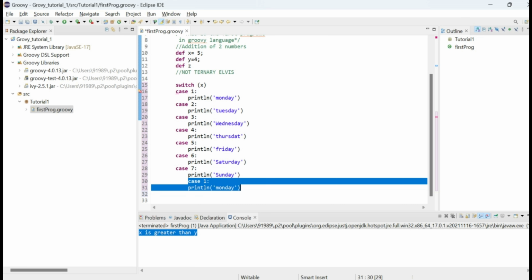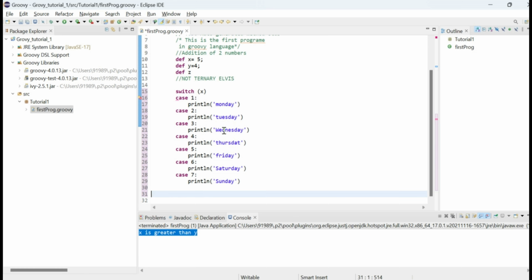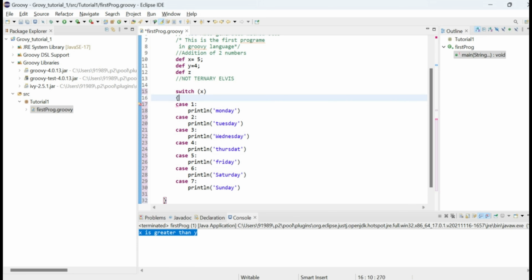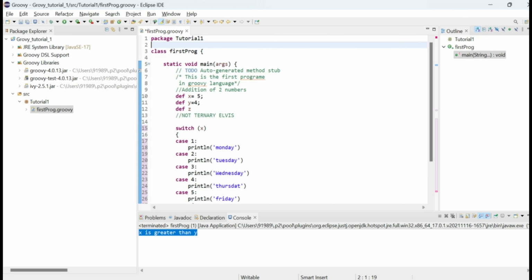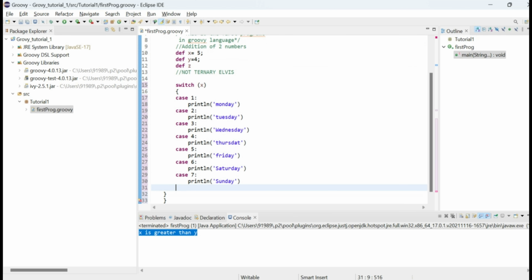This is extra, I will remove this, and we remove the curly brackets. We will provide the curly bracket here, and here as well, opening and closing curly bracket, because a switch case needs to have the opening and closing curly bracket, and in between we should have the cases. So in our case we are checking x is equal to 5, so it will go to case 5 and